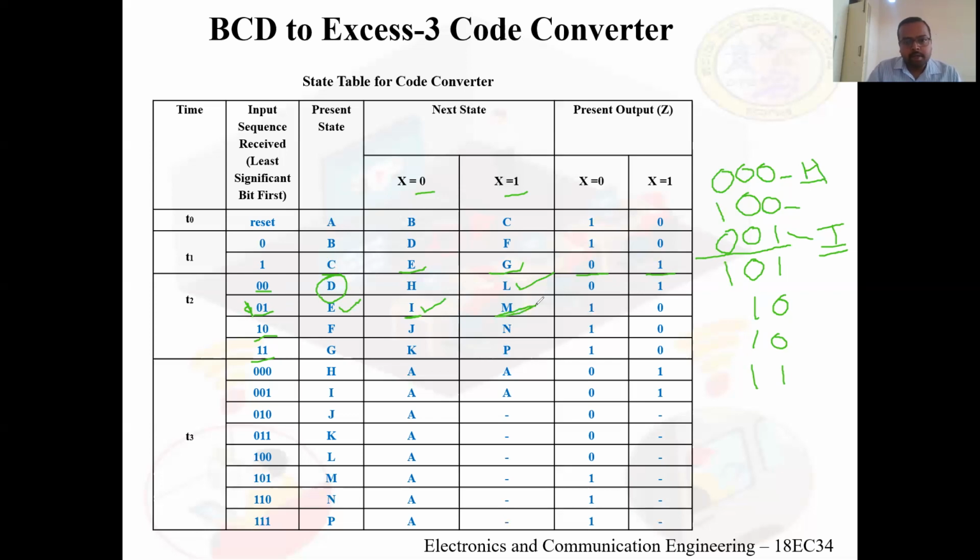Right? Always compare with the state graph. Looking at the state graph, write all the values in the state table. And correspondingly, write the output Z when x is 0 and x is 1. Keep on writing this one. Now, when all the three inputs are received here, now it is at T3. At T3, what we have is 0, 1, 2, 3, 4, 5, 6, and 7. So we have H, I, J, K, L, M,